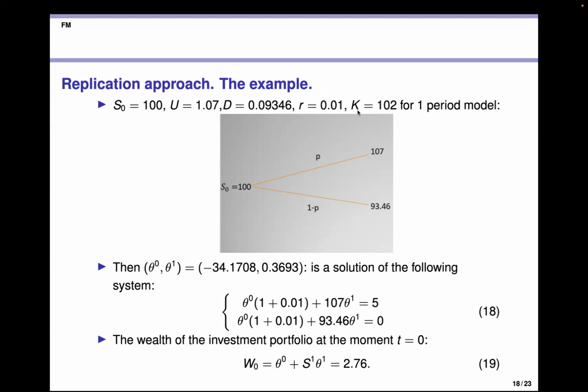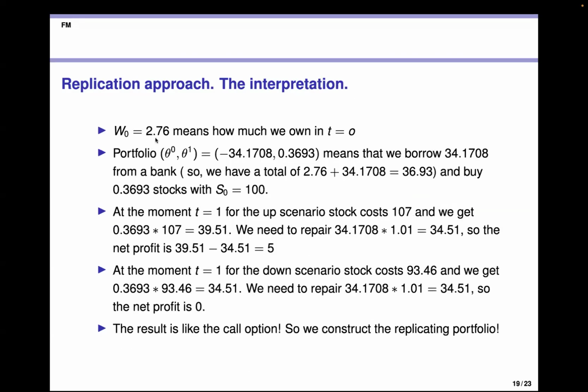If you buy a call option with the strike price 102, at the end of the period, how much of your own money do you have? 500, yes, because it was your own money. Okay, that is from one side. From the other side,